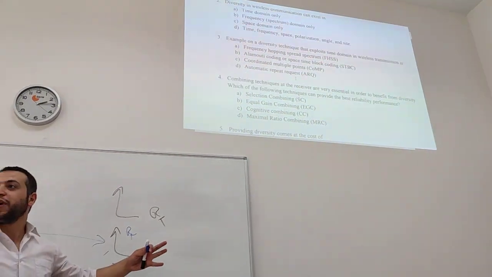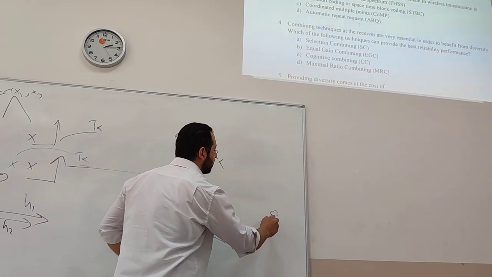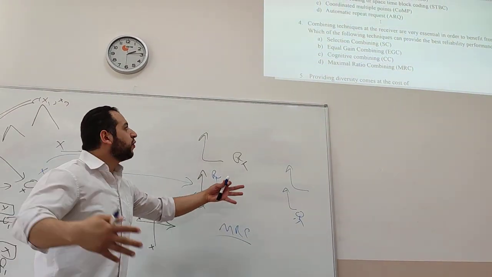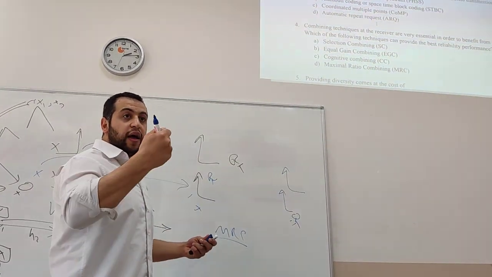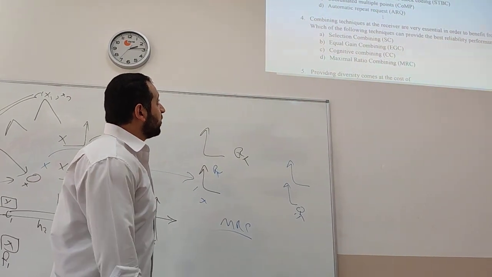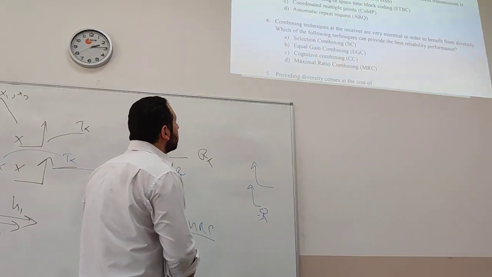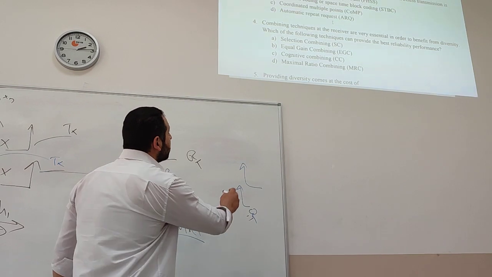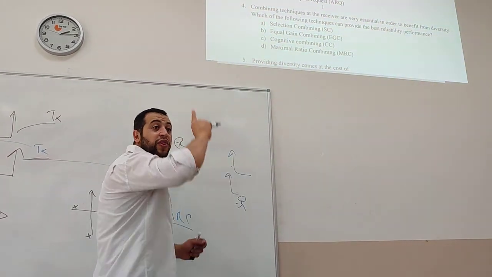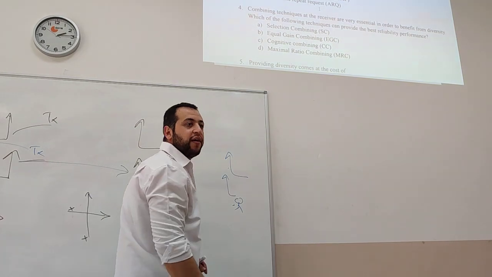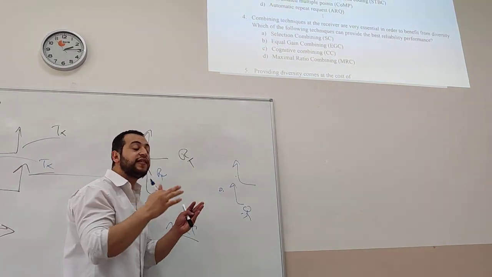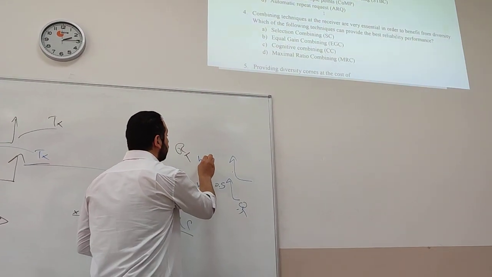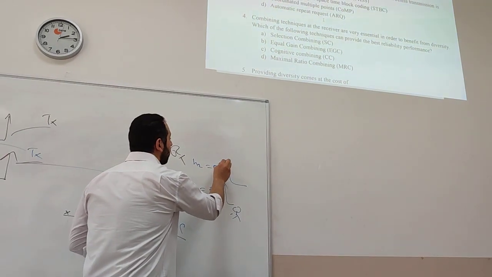We have a receiver here, and this receiver has two antennas, let's say. The receiver can utilize these antennas to receive the signal transmitted to it. One way to use this is selection combining. Selection combining is basically you select the antenna with the highest gain and you take the signal from there. Let's say this antenna has gain, and when I say gain, it means the channel response, H1 for this case is 0.5, and H2 here is 0.9.